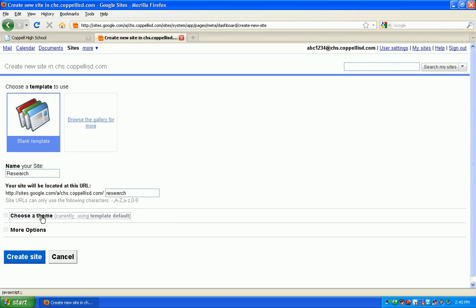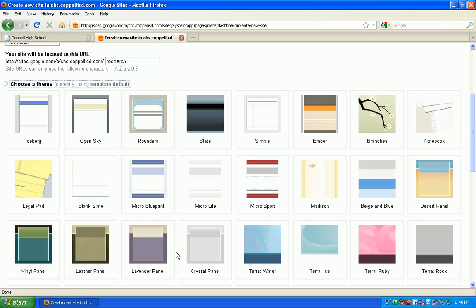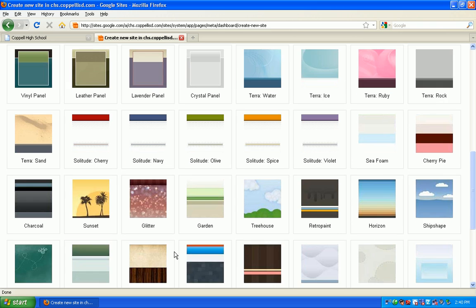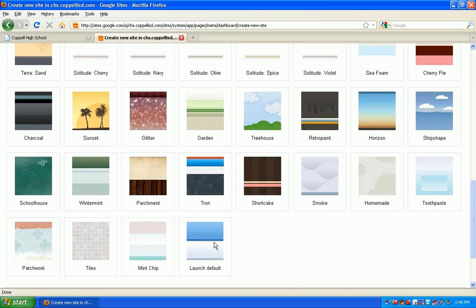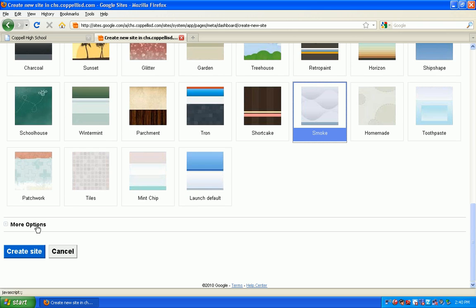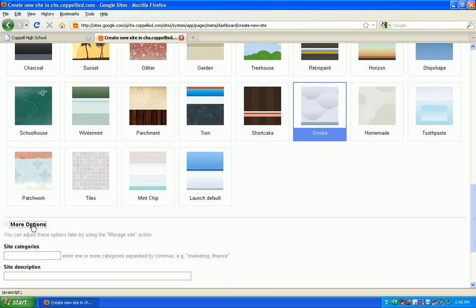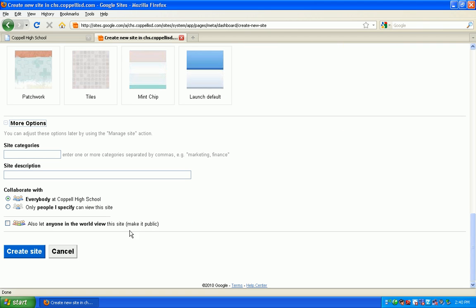Then you can click on Choose a Theme, and you can choose one of the themes below, or you can just choose to have a blank template. You can also click on More Options, and down below More Options is where you're going to see your privacy